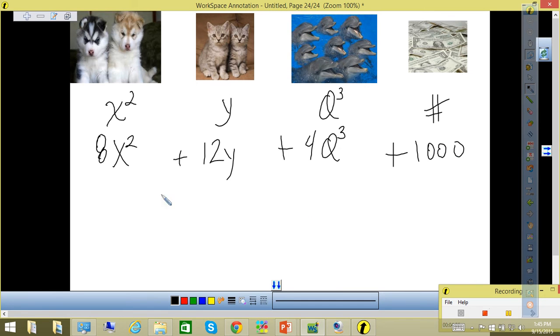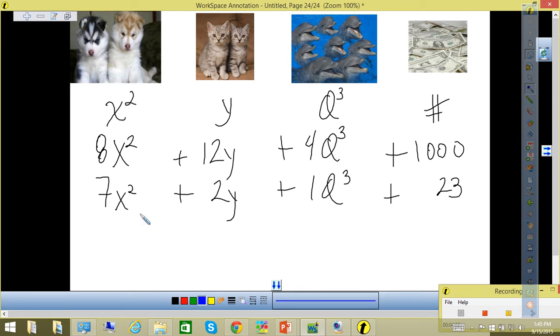Second shipment, 7 dogs. What do I write? 7x squared. 2 cats. What do I write? 2y. 1 dolphin. 1q cubed. And $23. All right? So then I say, all right, Joe, read me back everything that I just gave you,